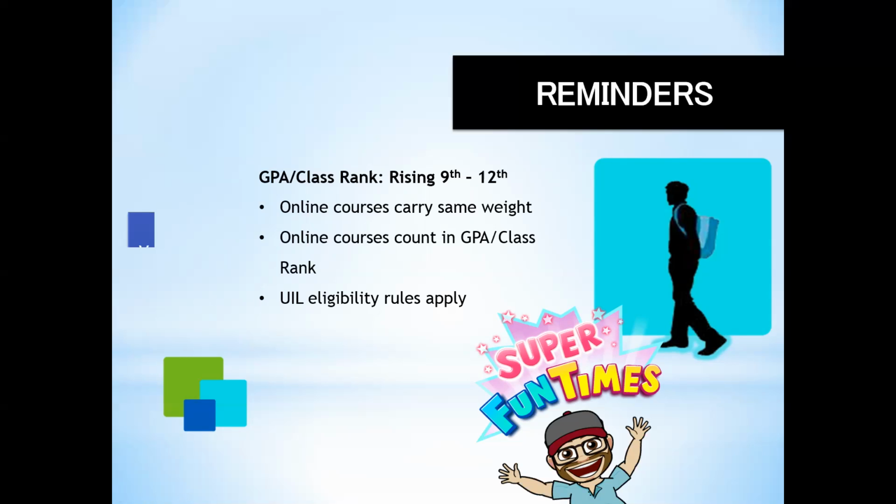But this is one of the required courses. This is one of the required things, but it doesn't actually apply to you guys. If you do take an online class in the fall or in the spring, or a blended class, same thing though, it goes to your GPA if it's one of your core classes or your foreign languages. And if you're failing at 3 weeks, 6 weeks, 9 weeks, it will affect UIL eligibility. Okay.